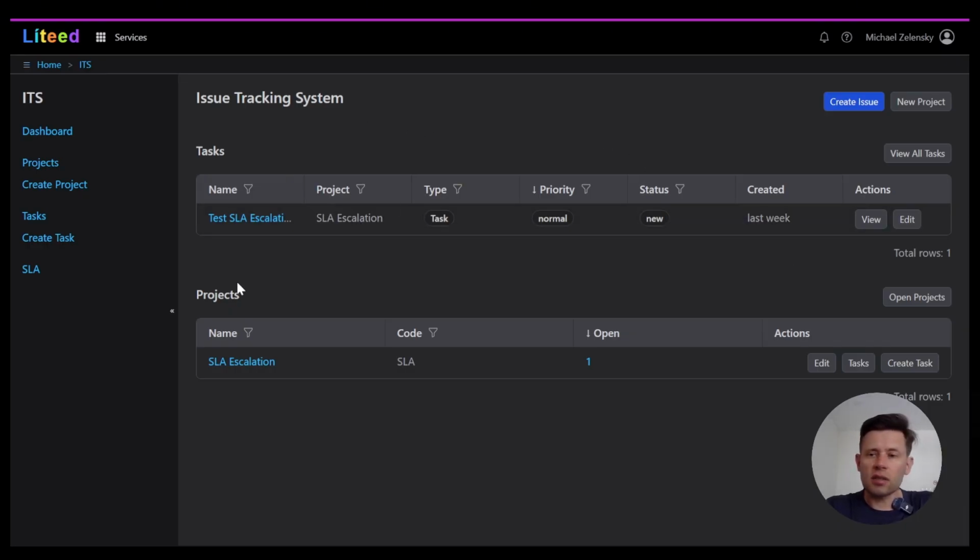Okay, and the second section is the project list. This list of your projects. There's the name, code, the number of open tasks, and actions which you can do with this project. In the left hand panel you see the quick links to dashboard, projects, create project, the list of tasks, the link to create task, and